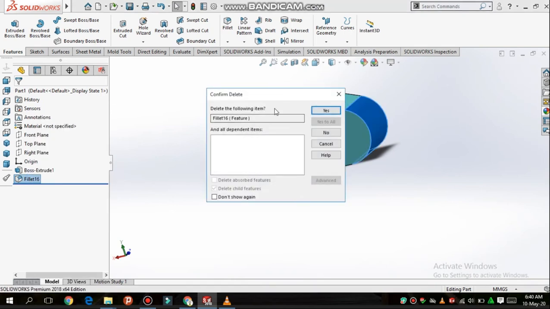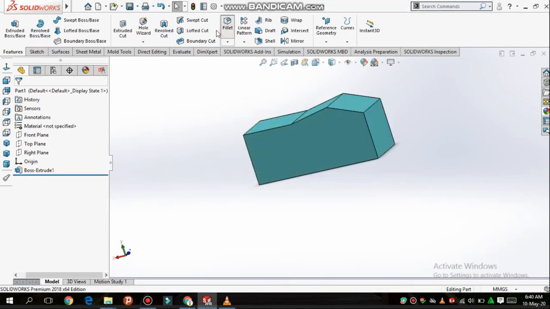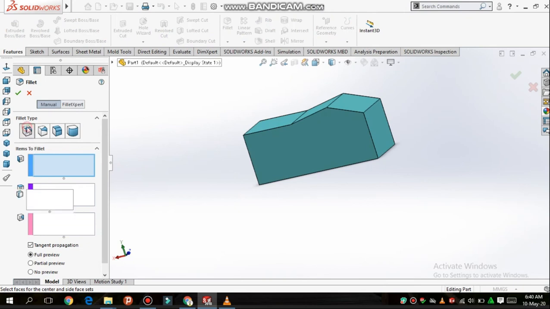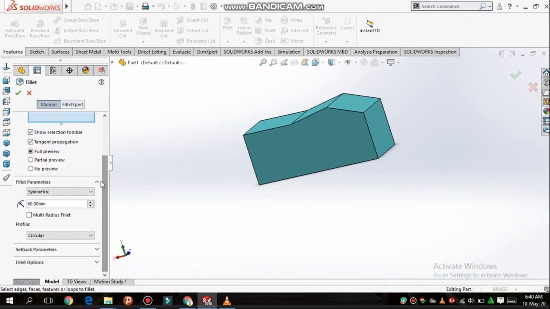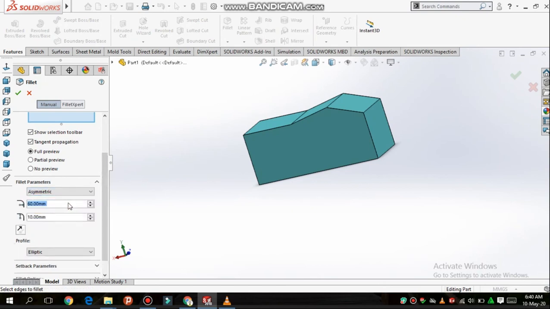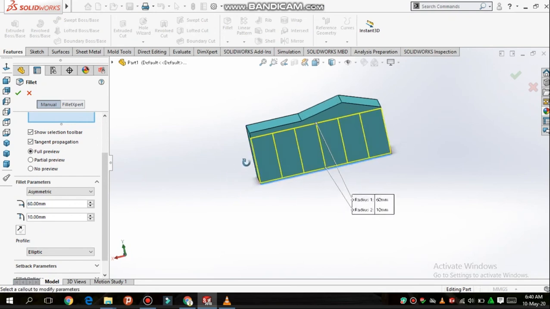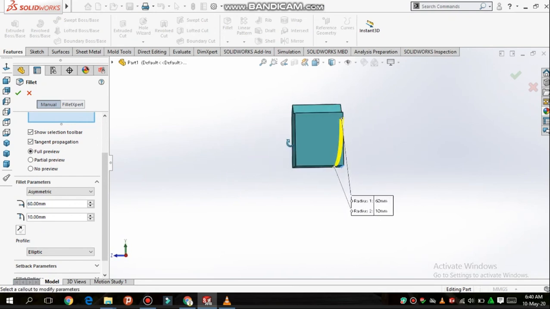Now here is the last one. Again go to the fillet. In the constant size fillet you can adjust it from symmetric to, let's say, asymmetric and select this edge. Now you can see you can adjust the values of both vertical and horizontal sides according to your requirement.